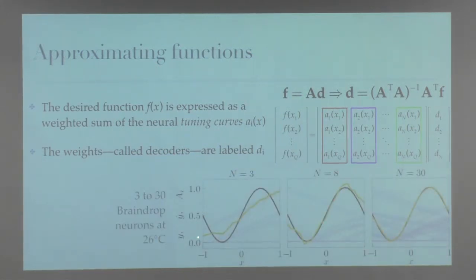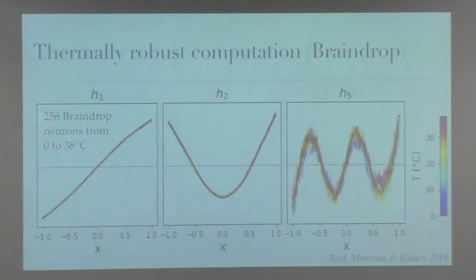And this is just showing you a sinusoidal response. We are feeding this range of input into Neurogrid neurons, and we're only using like 3 neurons here to approximate the sinusoid, but as we increase the number of neurons, we can approximate the sinusoid really well. And also the fuzz, the amount of noise we have. The fuzz is how noisy those curves are. That goes down as we add more neurons as well.